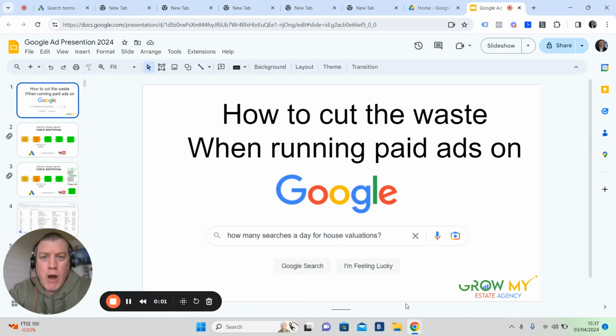Those agents who are running Google ads, okay, so that's the paid ads in Google. This is how to really cut the waste on how to do it. So once you've been running Google ads for 60 days, so give it 2 months,